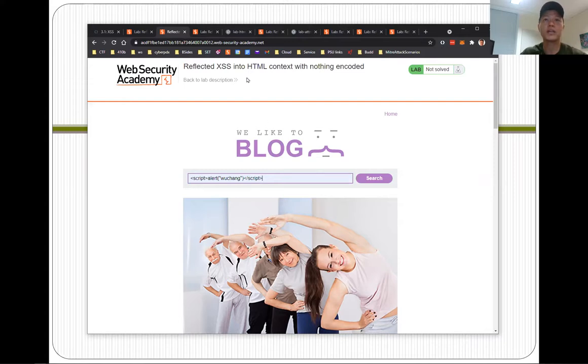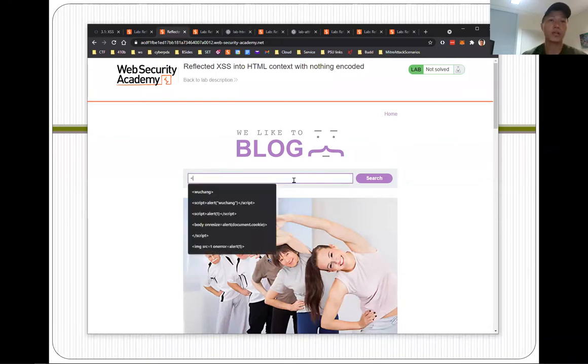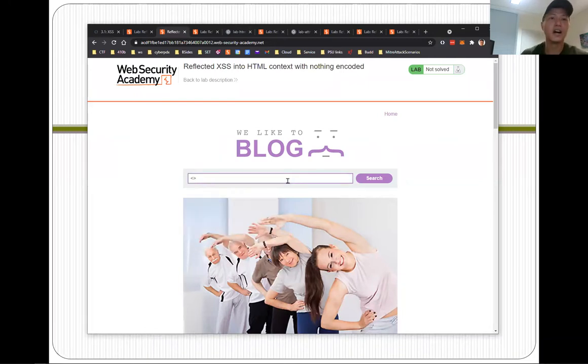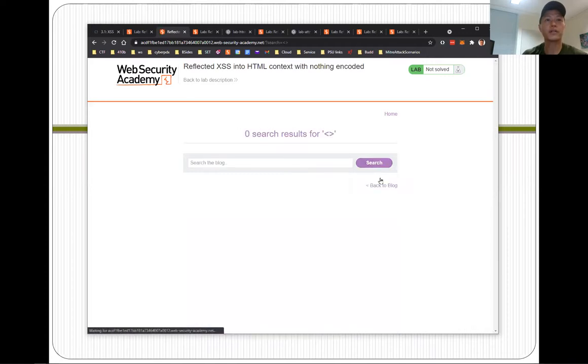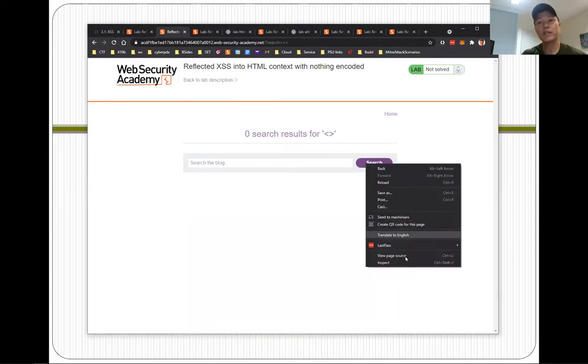Cross-site scripting, and then this is basically the example that I showed you in class. If you search for anything that's got HTML tags, it basically is reflected back into the page and nothing gets encoded. So actually, I don't want to solve this immediately. So if you search for the brackets, and you'll see that this, if you inspect this page,